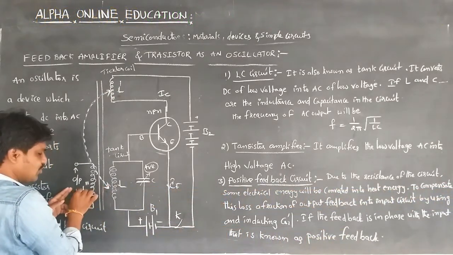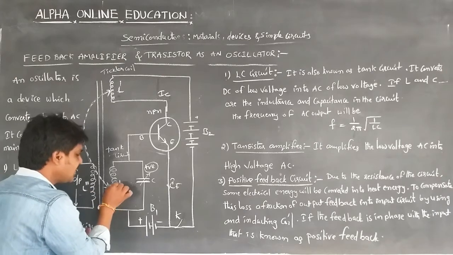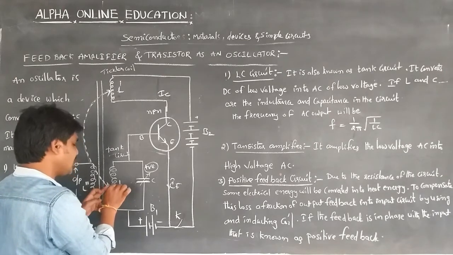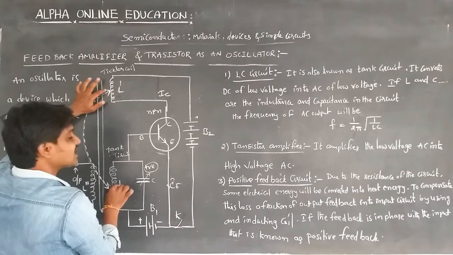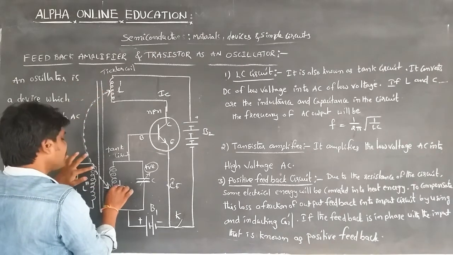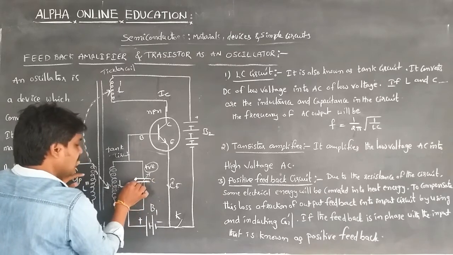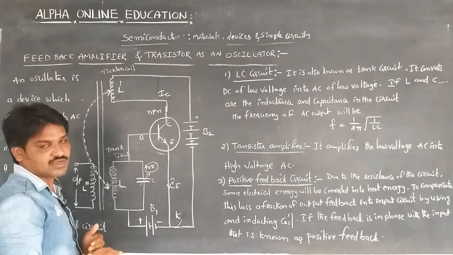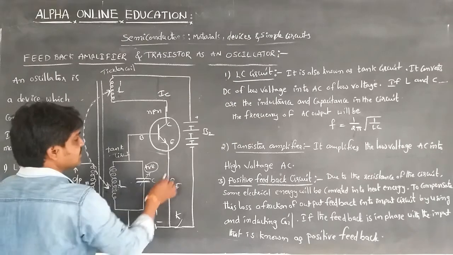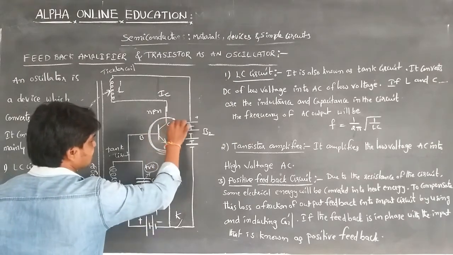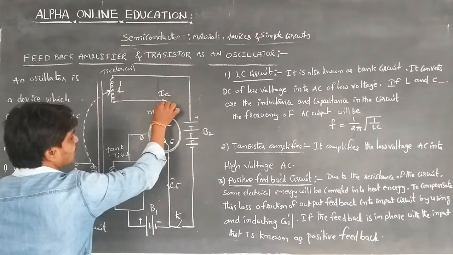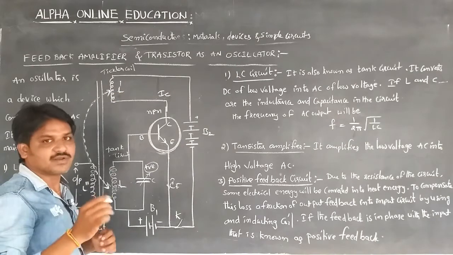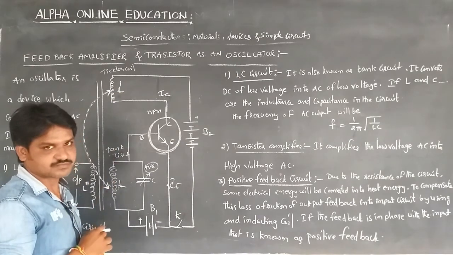Here we can get the output. Due to the mutual induction, an EMF is induced in the coil L, and the magnetic flux is linked with the feedback. Then the upper plate of the capacitor becomes more positively charged until it reaches the saturated state. The transistor comes to the saturated state, then the collector current becomes maximum, and the coil has a steady value.